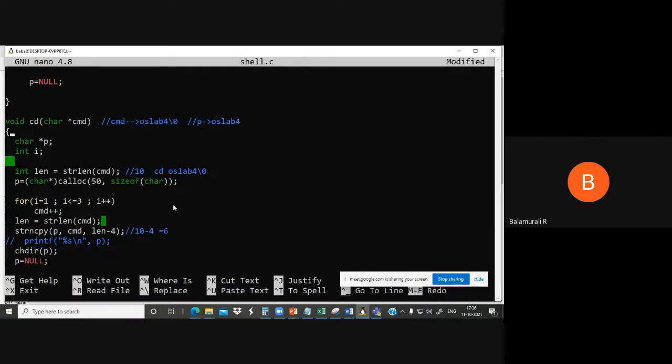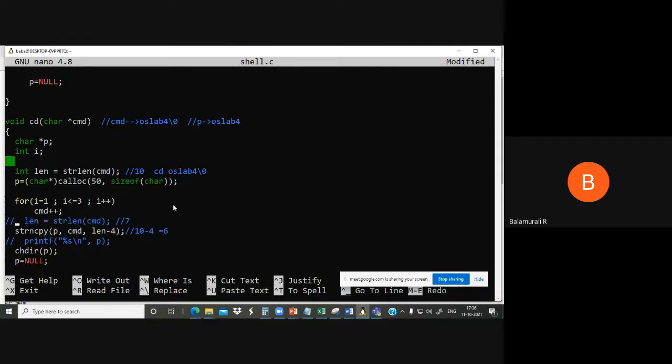And you can clearly see that there is only one extra character, that is the null character. That is the only thing we want to avoid. If that is the case, then we can write length minus 1. The concept is the same.